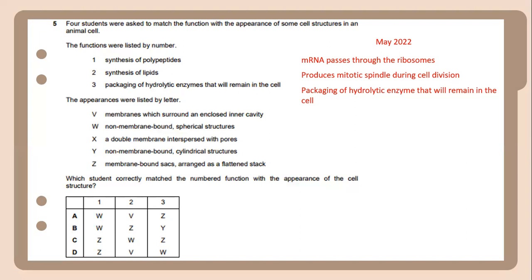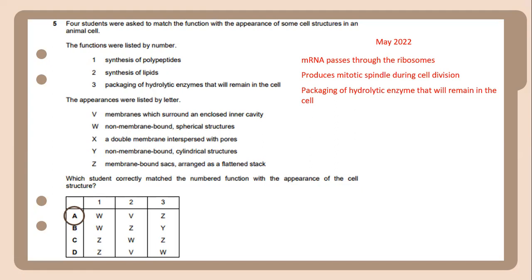The appearances were listed by letter. V represents a membrane which surrounds and encloses an inner cavity. W is a non-membrane bound spherical structure. X is a double membrane interspersed with pores, Y is a non-membrane bound cylindrical structure, and Z is membrane bound sacs arranged as a flattened stack. Which student correctly matches the functions with the appearance of the cell structure? The answer will be